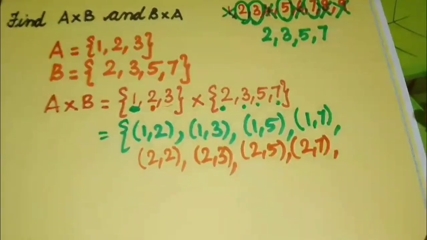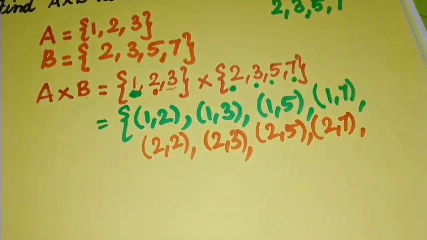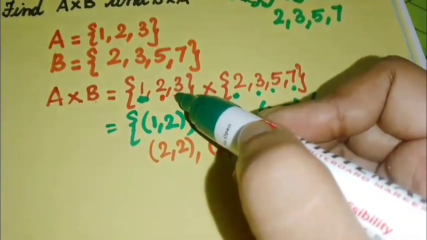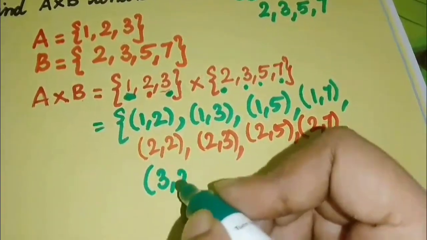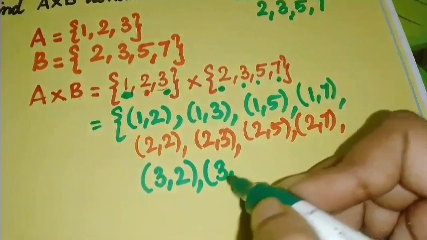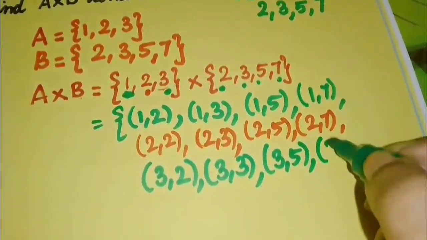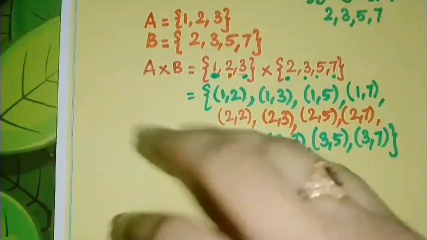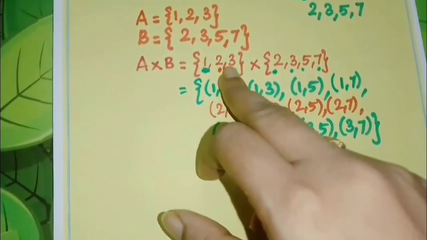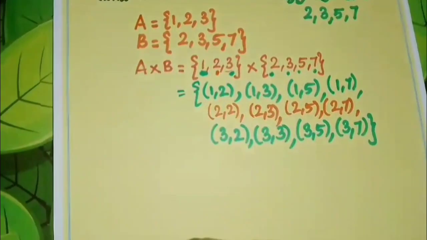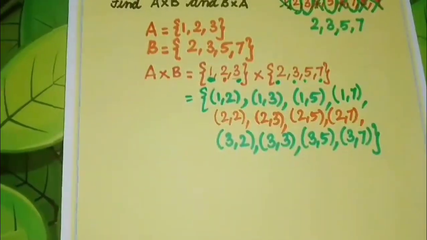Got it? And then we are going to pair with 3. We are going to pair with 3. So (3, 2), (3, 3), (3, 5) and (3, 7). We have exhausted our set A and we are left with no elements in A, and this is our solution for A cross B. Now we are going to find